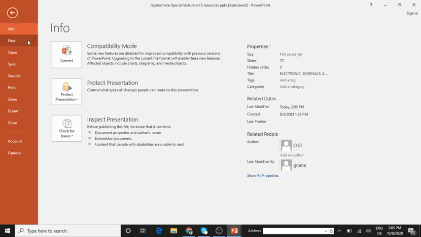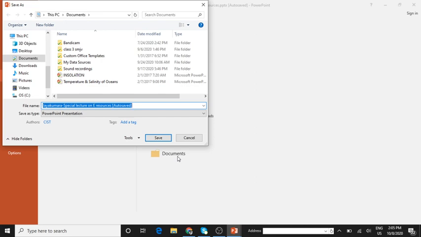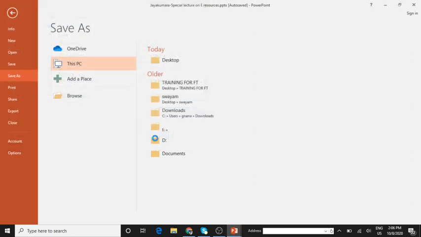Now we'll go to the file option, wherein you'll click on save as, the same way what we had done. Okay, click on documents. Please don't ever save your documents or your presentation just on the desktop screen or in the C drive, hard disk drive. You're supposed to click on the documents or any other folders. If you have a hard disk drive like F drive or D drive or E drive, other drives you can. So the name has already been given. So click on the documents and click on save. This is how you will save a document.